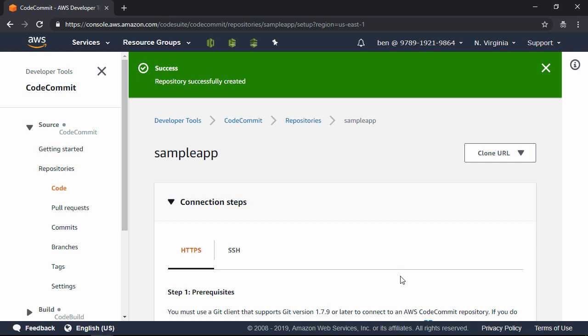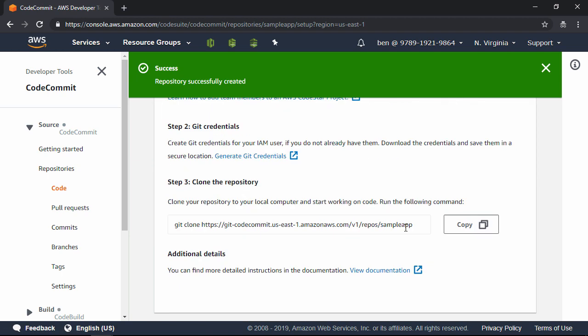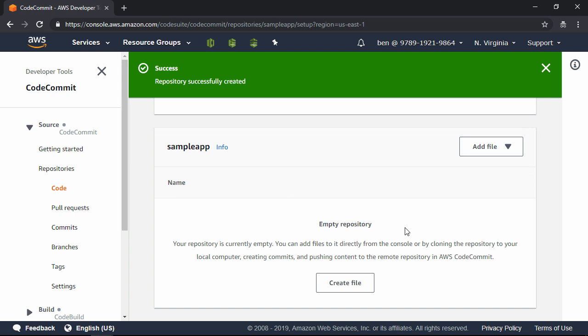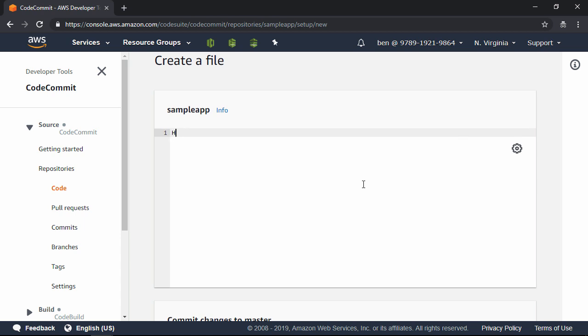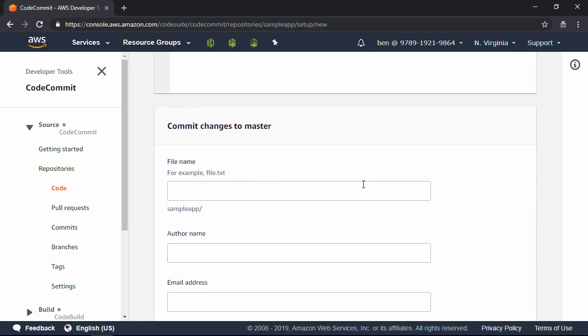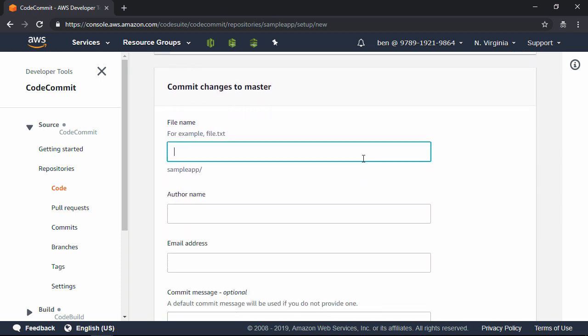This is really easy. Scroll down to the bottom, and there is the empty repository. Click on the Add File button, and then you can either create a file or upload a file. All right, let's click on Create File. And here we get a simple text editor. So let's just type here in the body of it, hello world, and then scroll down to the file name, and let's call this one